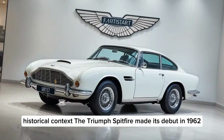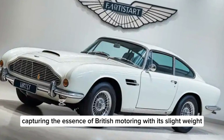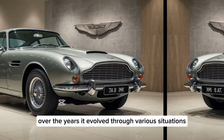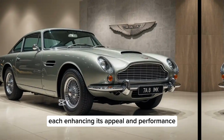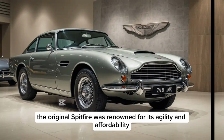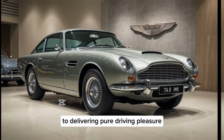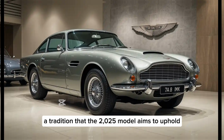Historical context: the Triumph Spitfire made its debut in 1962, capturing the essence of British motoring with its lightweight design and spirited performance. Over the years, it evolved through various iterations, each enhancing its appeal and performance. The original Spitfire was renowned for its agility and affordability, making it a favorite among driving enthusiasts. Its legacy is marked by a commitment to delivering pure driving pleasure, a tradition that the 2025 model aims to